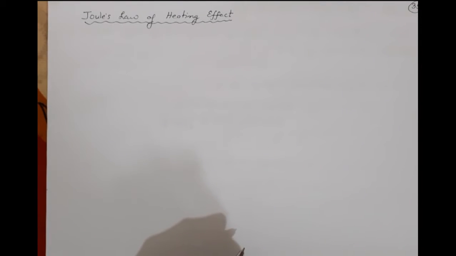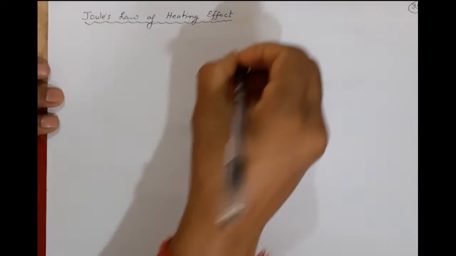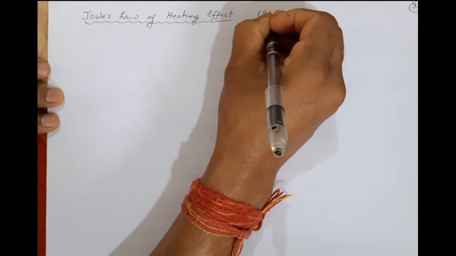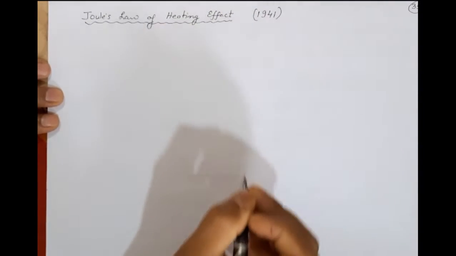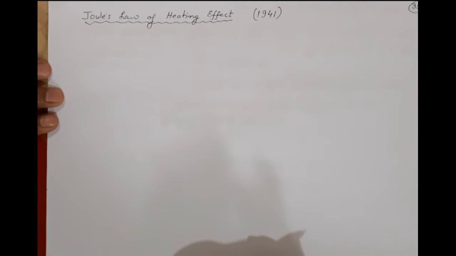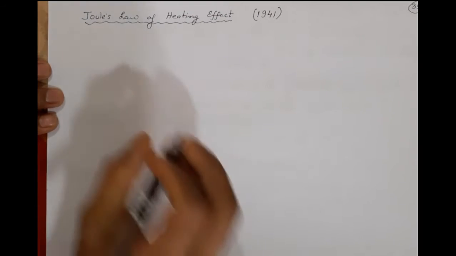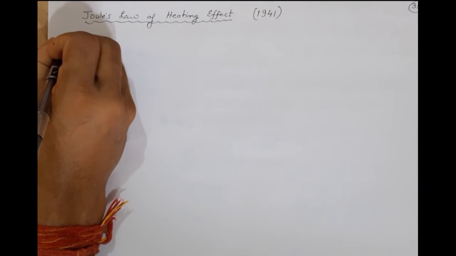The topic in itself is similar to that: Joule's law of heating effect. How did Joule find it in 1841? He studied it experimentally in the lab, without doing mathematical calculations separately, to see how heat is produced by a current. So what he found is that he said the